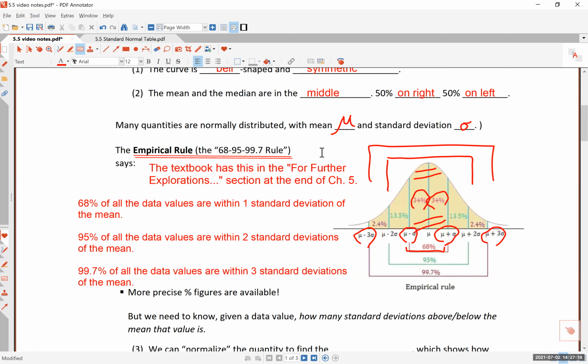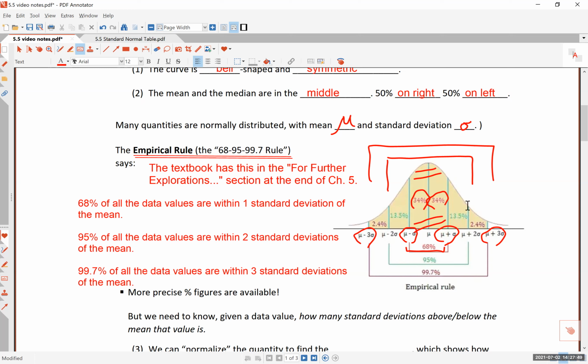Okay, that's a funny name for the rule, but that helps you remember what these numbers are. So again, it says 68% of the population. Let's say this is representing the height of all Americans. I don't know what the mean is, I don't know what the standard deviation is, but whatever it is, as long as the heights of American people are normally distributed, which they are, then 68% of the population are within 1 standard deviation of the mean,